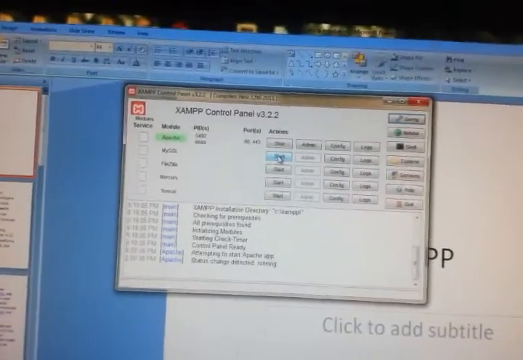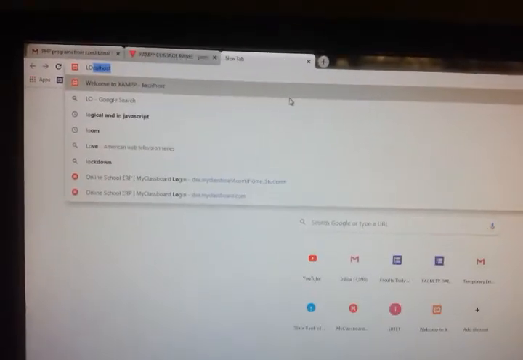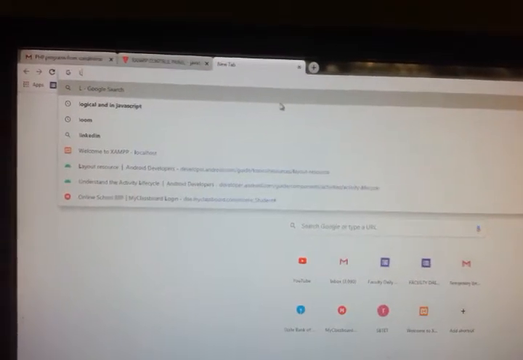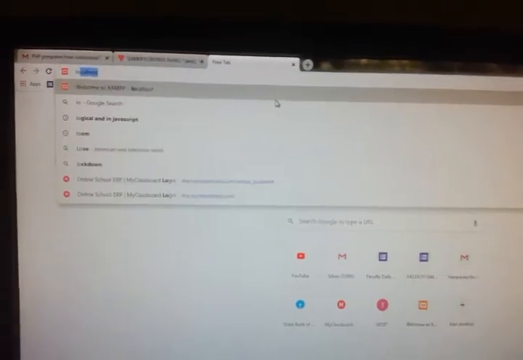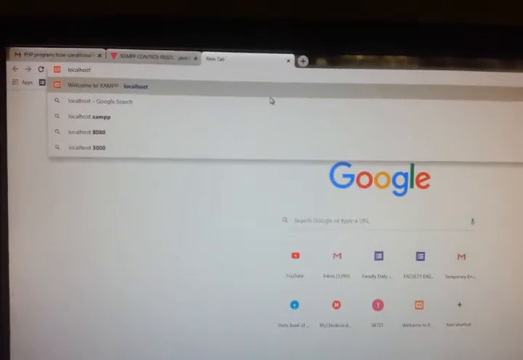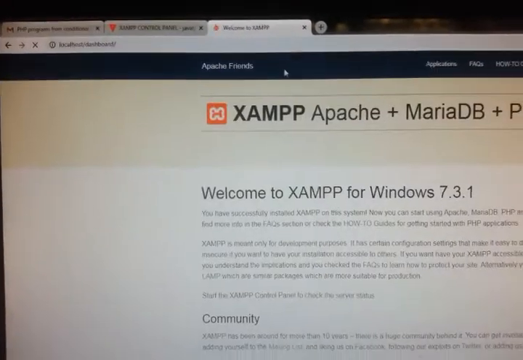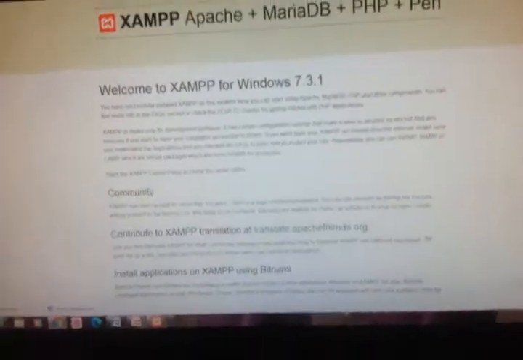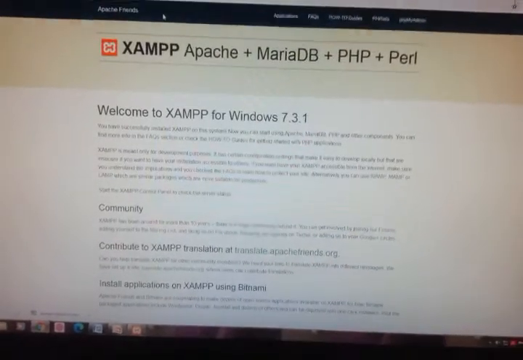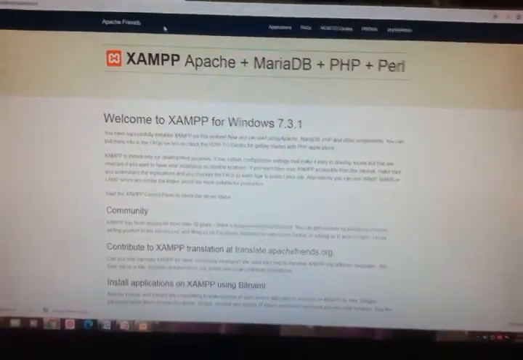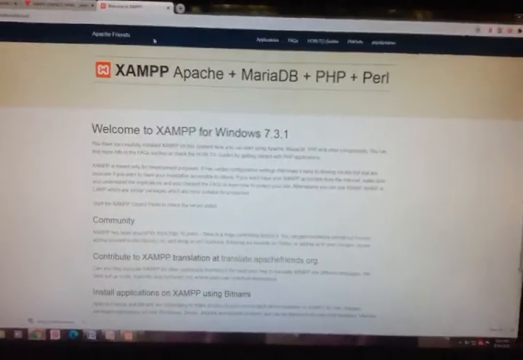So after clicking this we have to go to our browser and simply we need to type localhost, press enter. See, XAMPP Apache plus MariaDB plus PHP plus Perl is ready.